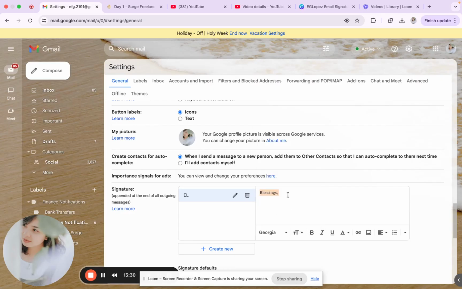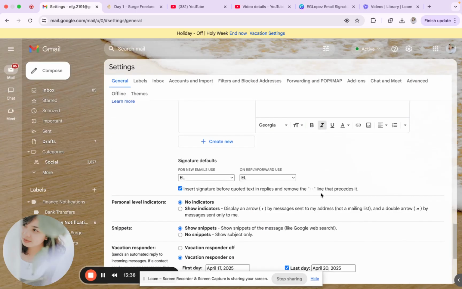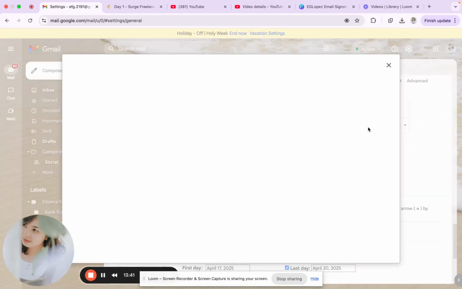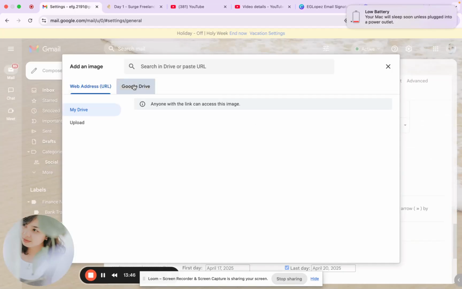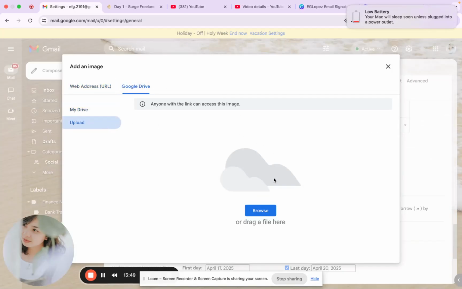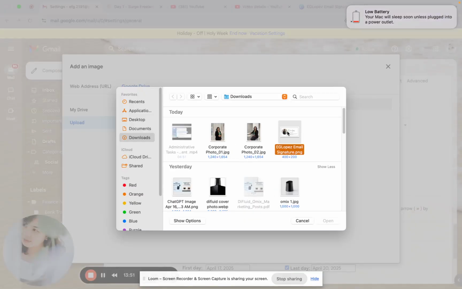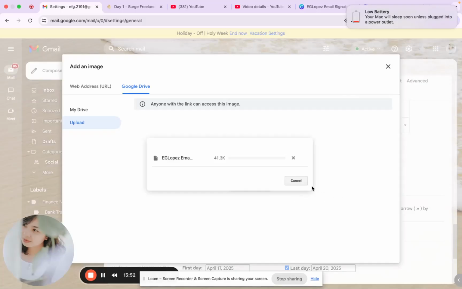So here, let's make it large, italicize, and then I'll insert a photo of mine. Signature.